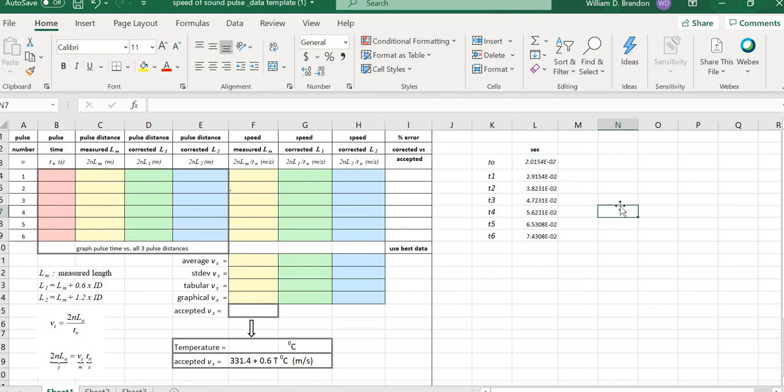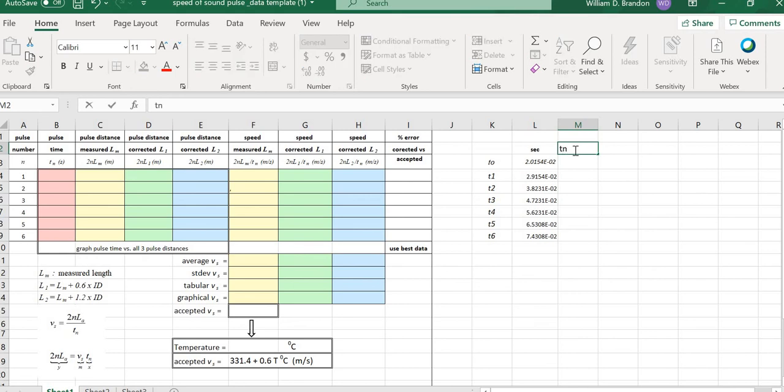Now, all right, these are the times between pulses. I mean, that's the total time. All these times are taken relative to some fixed point in the software. But what we want are differences in times. So I'm going to come over here, and watch what I do. I'm going to label this as